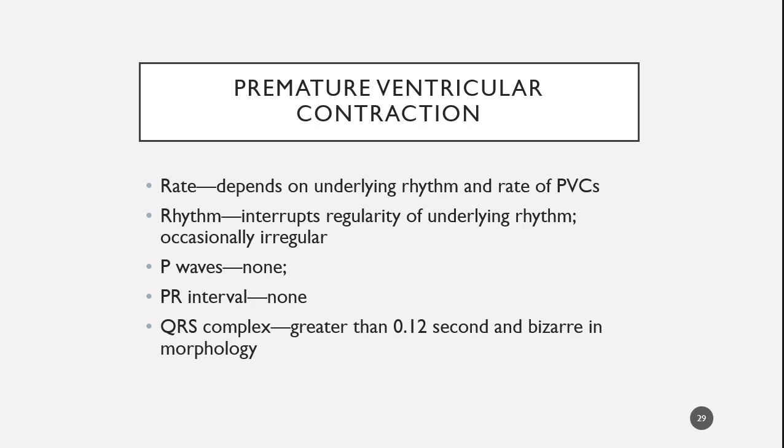You have no P waves with a PVC. Why? Because it's coming from the ventricles. And so it does not generate a P wave, but it does depolarize the atria. And the reason we don't have a P wave is because it gets swallowed up in that wide,